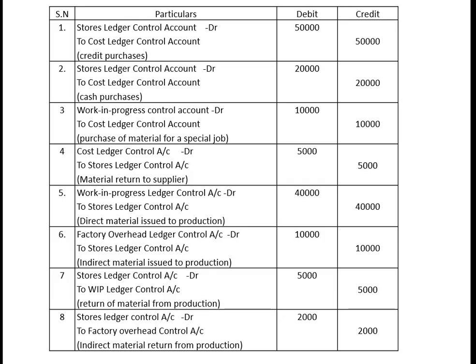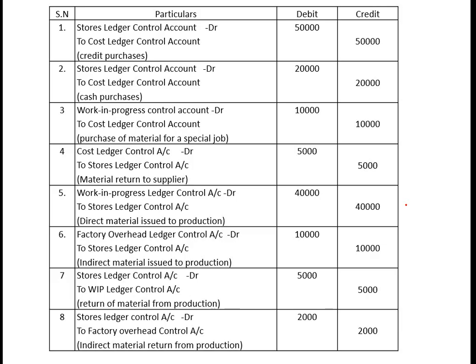Fourth is return to suppliers credit purchases. So these are the purchases return. So in this case we will reverse the entry like we have passed under entry number one. So it will be cost ledger control account debit to store ledger control account. Amount is 5,000. Then fifth is